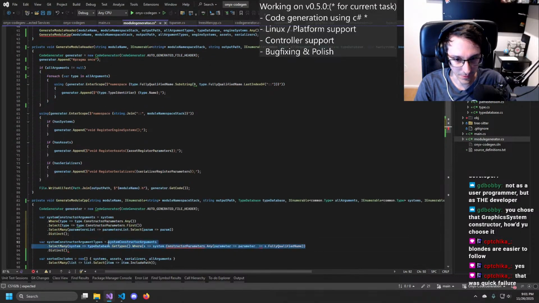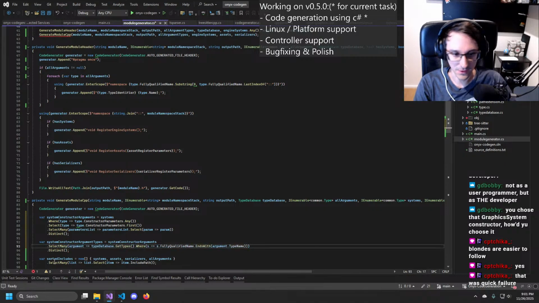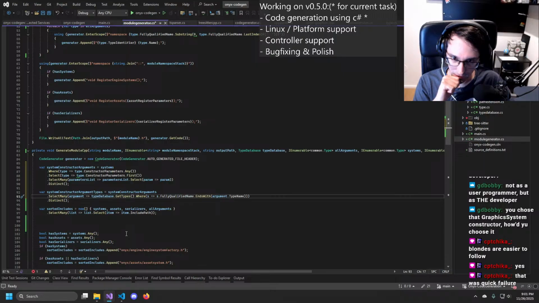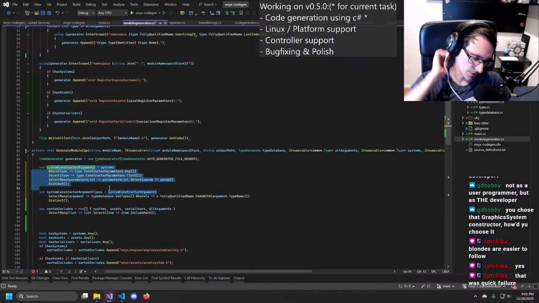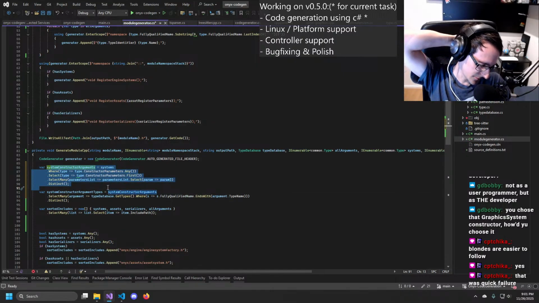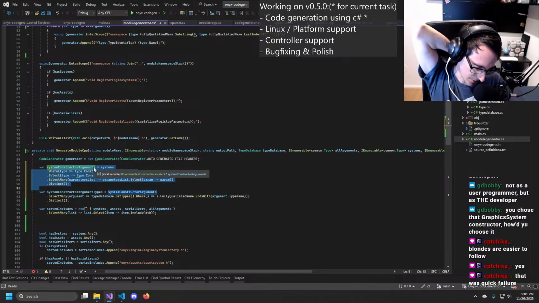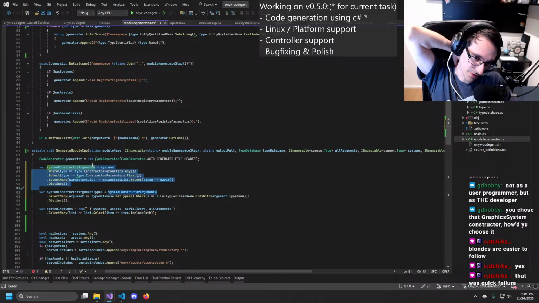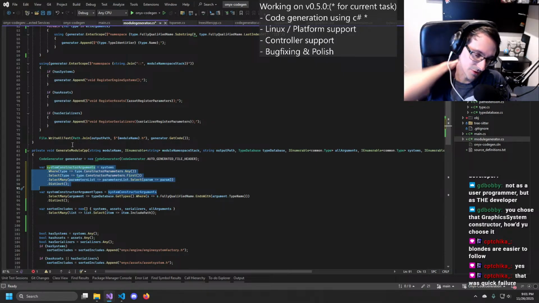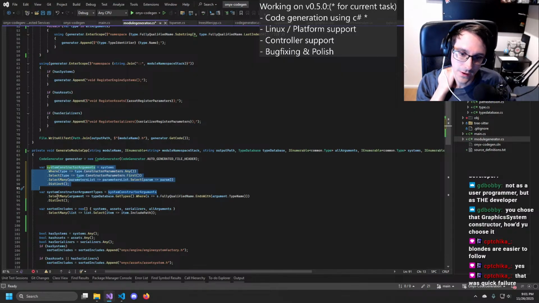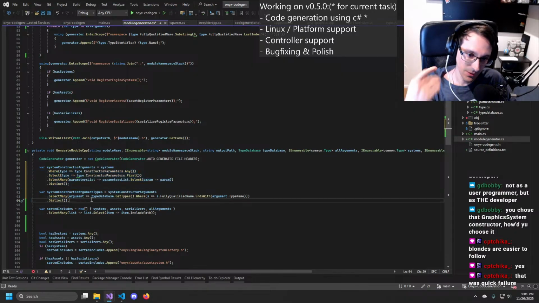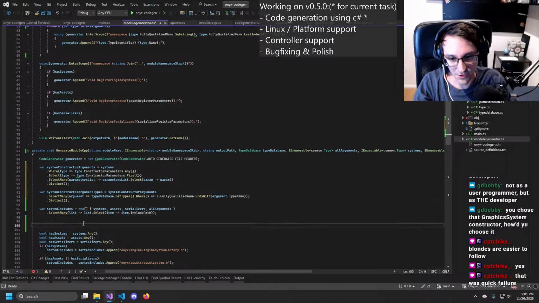We could combine that into one select statement. So that first gives us the constructor function parameters for the constructor with the least amount of arguments, which is always the one we want to prefer. In reality, systems should only have one. And then here we get the actual type, so that we have all the type information.